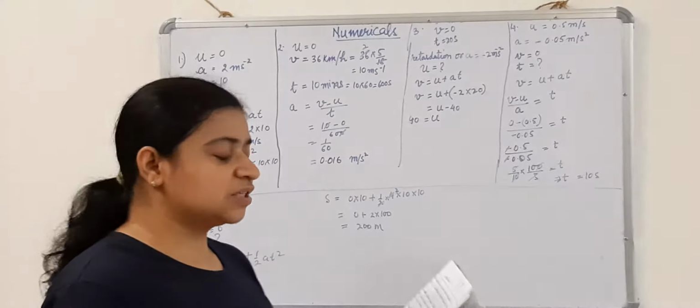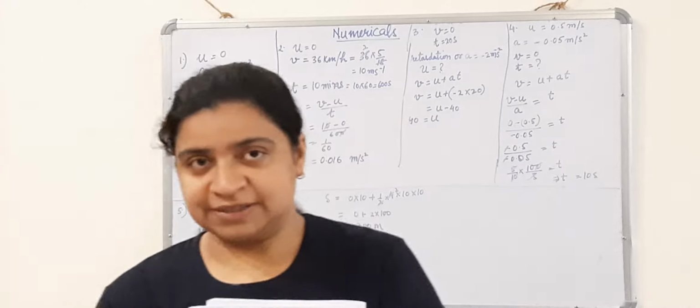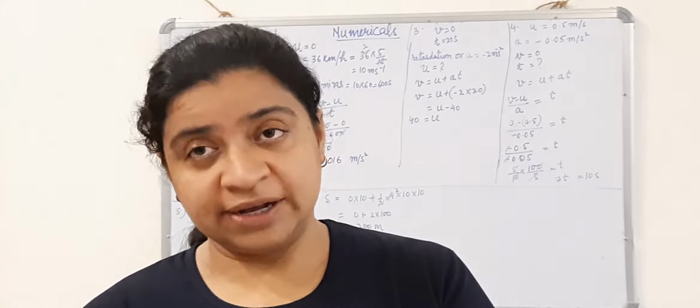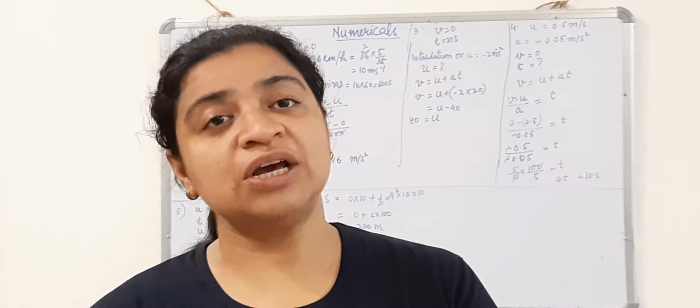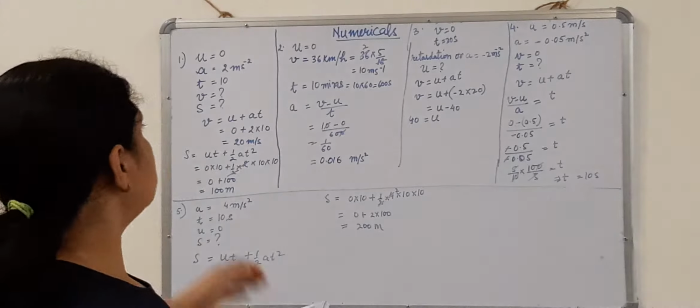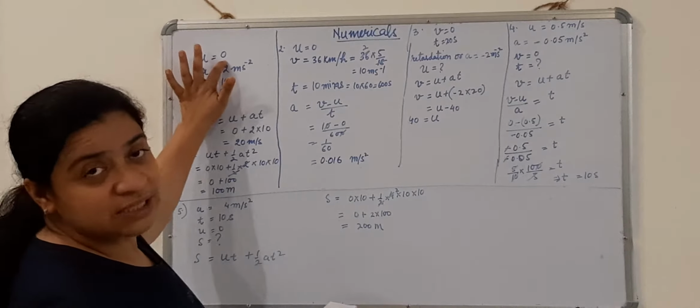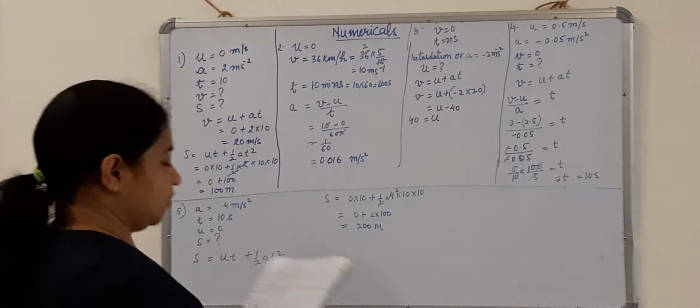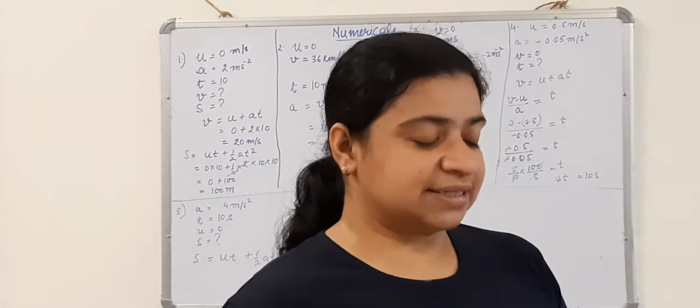Question number 1 is, a cheetah starts from rest. First of all, children, when you see this phrase, starts from rest, it means the initial velocity of the object is 0. So u is equal to 0, or you can write velocity is 0 meter per second, and accelerates at 2 meter per second square. From this unit, 2 meter per second square, you can come to know its acceleration if it is not mentioned in the question. But here in this question it is mentioned. I'll repeat.